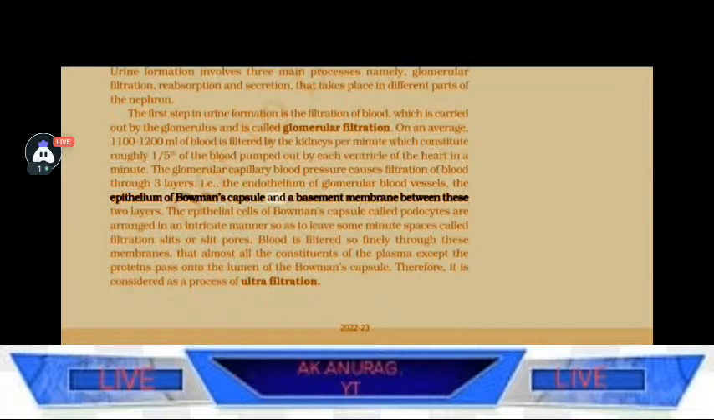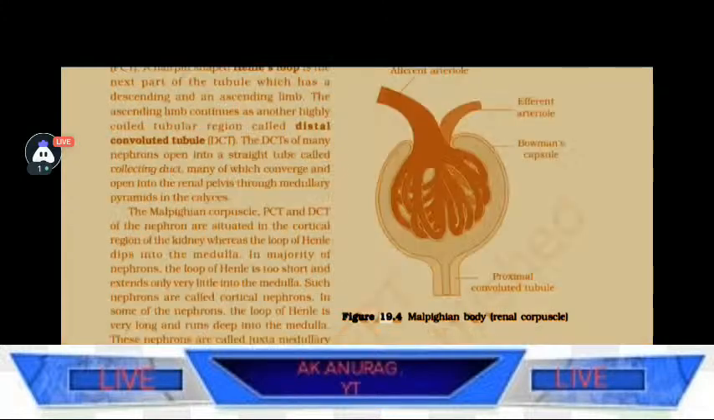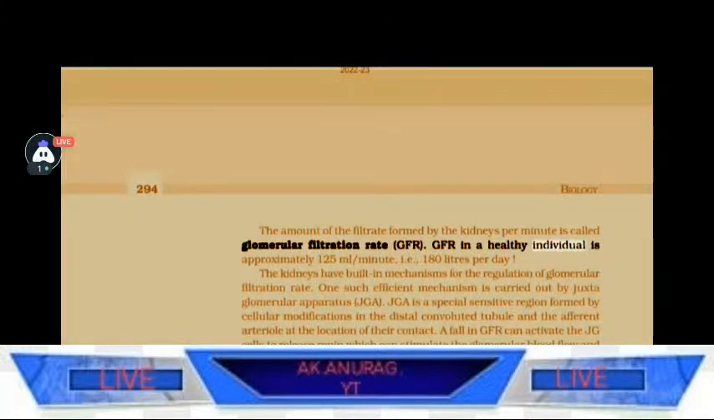Bowman's capsule and a basement membrane between them, in an intricate manner so as to leave some minute spaces called filtration slits or slit pores, of the capsule. Therefore, it is considered as a process. Figure 19.4. The glomerular filtration rate in a healthy individual is approximately 1 to 5 ml per minute, i.e., 180